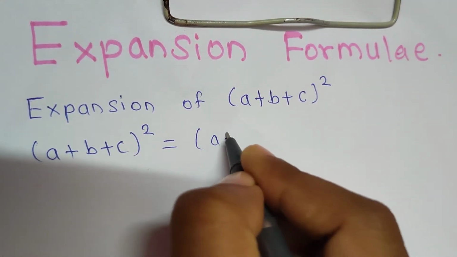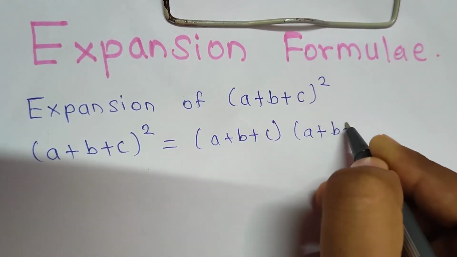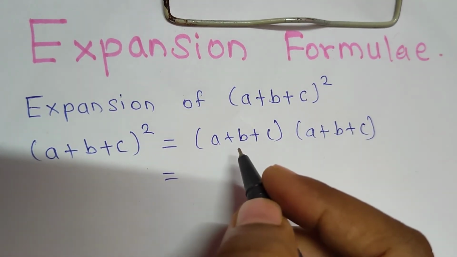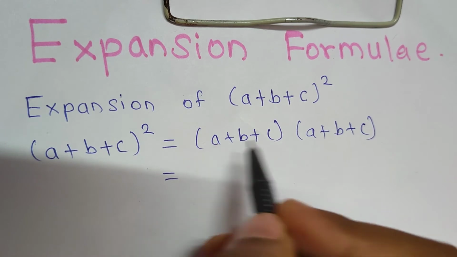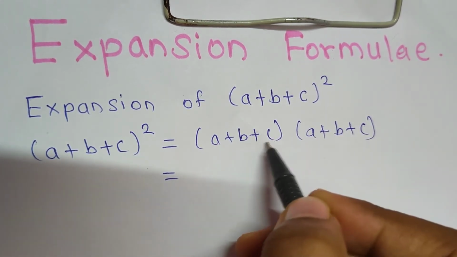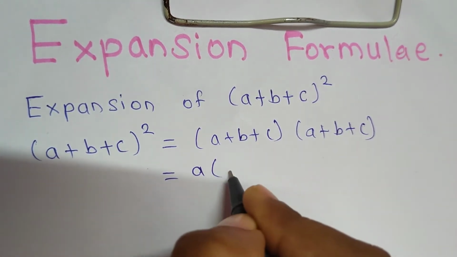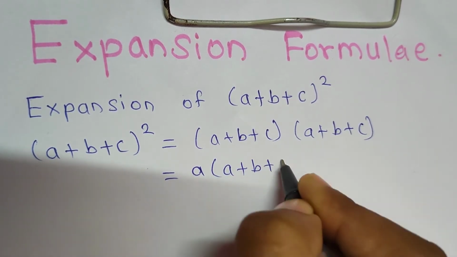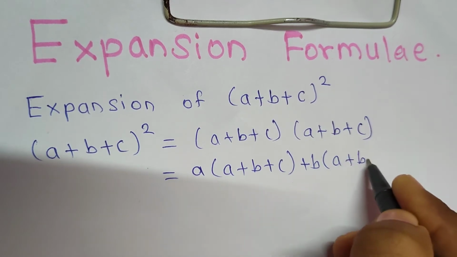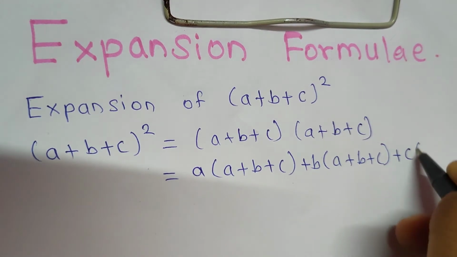So, (a + b + c) into (a + b + c). This is equal to, same way like formula 1, first component into whole bracket plus second component into whole bracket plus third component into whole bracket. So, a into (a + b + c) plus b into (a + b + c) plus c into